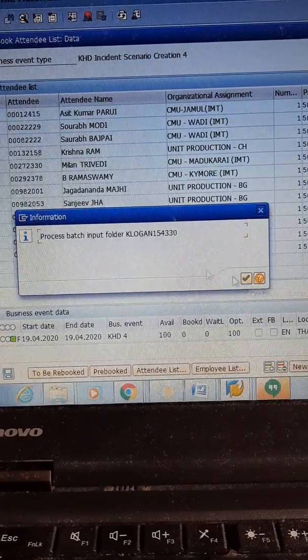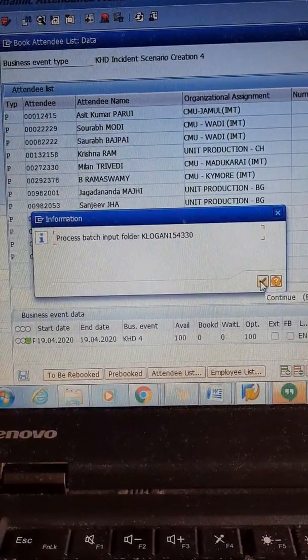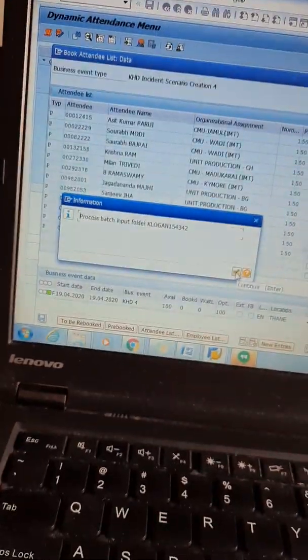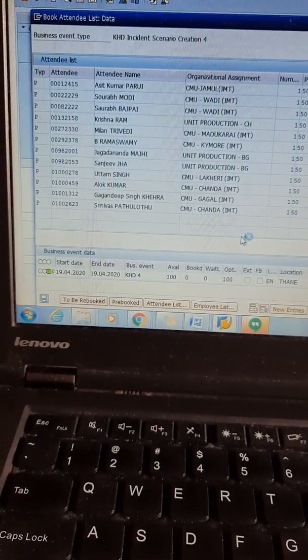Once I click on save, I'll get this option. See, this is your login ID with the record name. Continue. Once you click on the tick mark button, you should keep on clicking on this tick mark button until it goes.